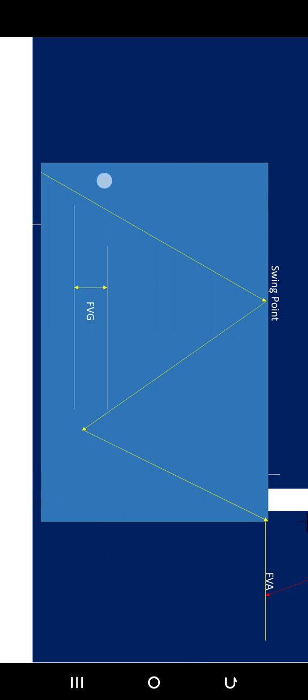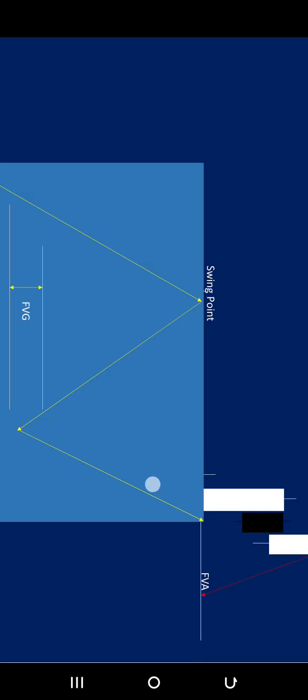Now I was able to also use another rectangular box to point it out. Now don't forget, the moment price breaks through this point, if it comes down, you understand, it's coming down into another zone, which is called fair value area. This is the third PD array, because fair value has not been offered yet. So we wait for price to come to this zone.